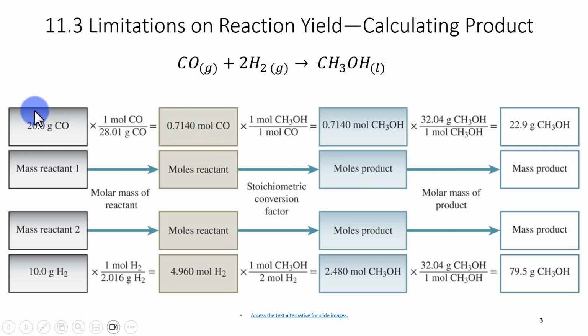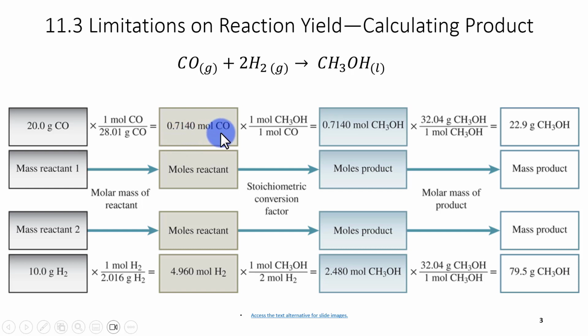Here's my reactant, and here's the first calculation. I start with the mass of my reactant. I cannot go directly to mass of product. I have to go from mass to moles, to moles, to mass again. To do the conversion from mass of my reactant to moles of my reactant, I use the molar mass of CO. So I take 20 grams and divide by the molar mass of CO, because I'm going from grams to moles. I divide by the molar mass, which is 28.01 grams per mole in this case. That gives me